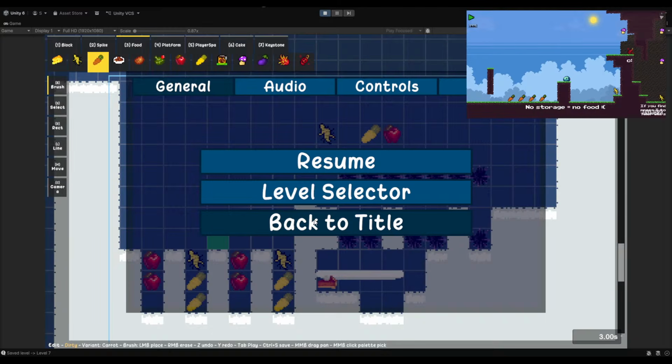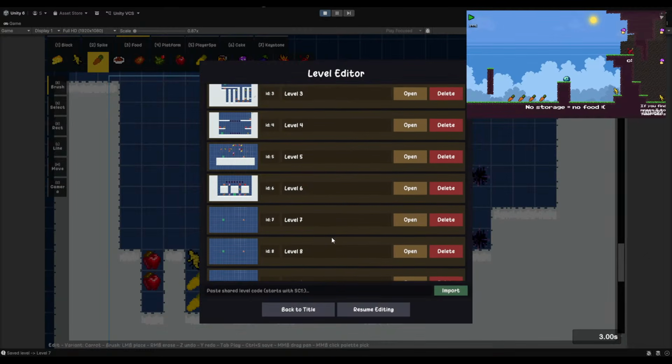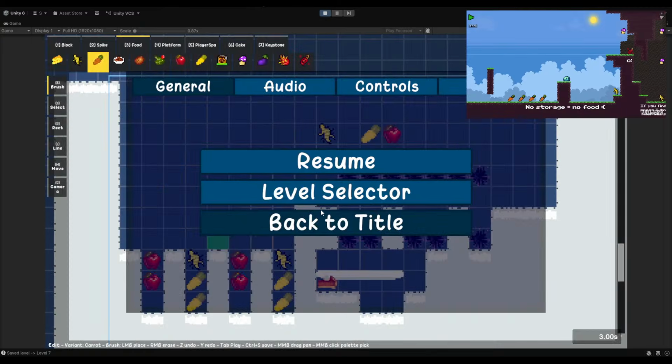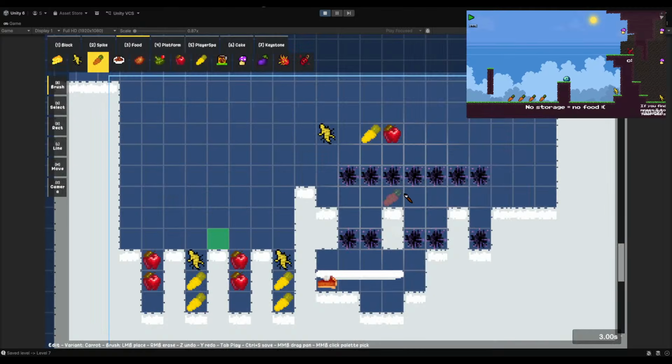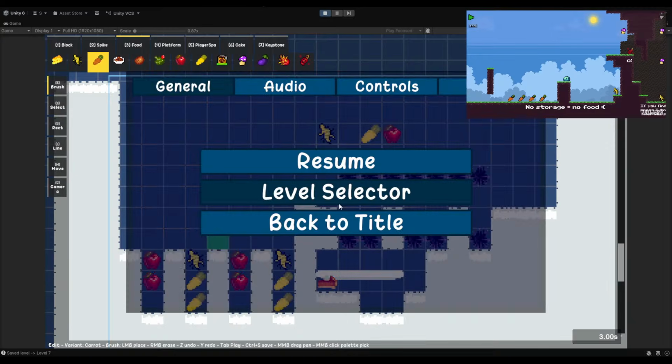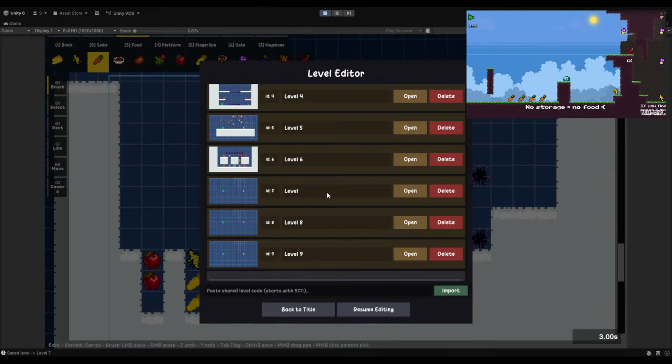Which level was this? Also, I need to add a way to snapshot the thing. It's level 7, right? Yeah, this is level 7. I need a way to do it automatically. I don't know if I want to do it when I hit the save button. Could make it do it every few seconds. Oh, that's not good. Okay, let's just do level 7.